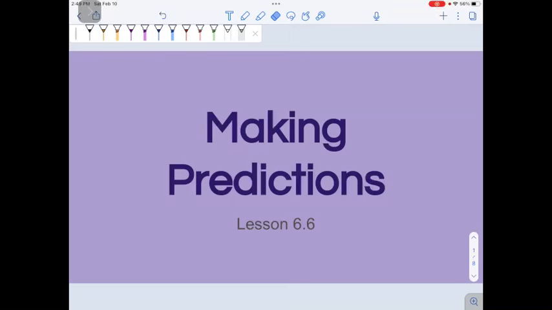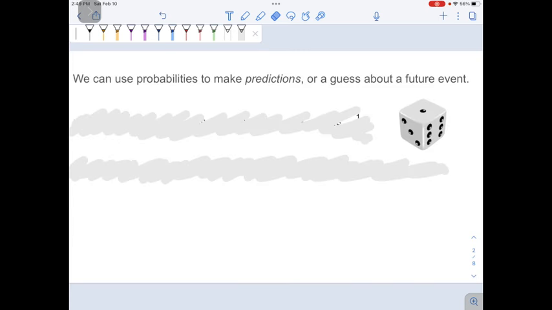We've reached the final lesson. Lesson 6.6, it's all about making predictions with probability. Let's get to it. We can use probabilities to make predictions or a guess about a future event, something that